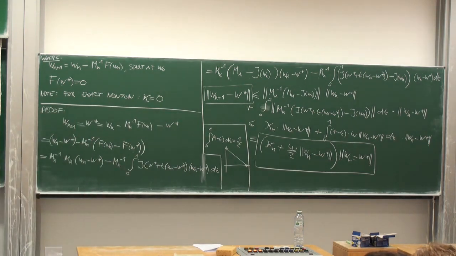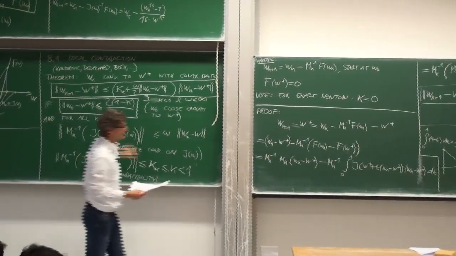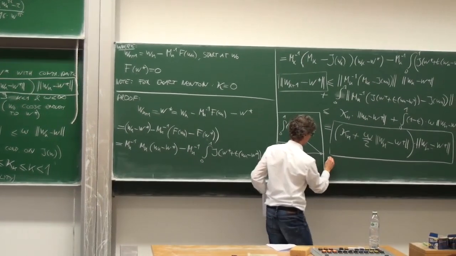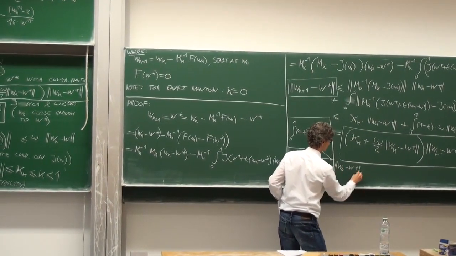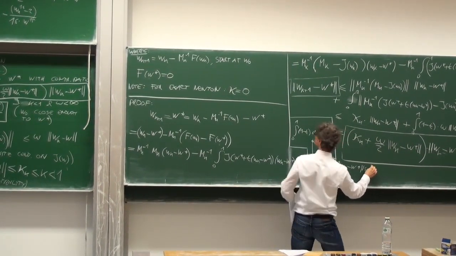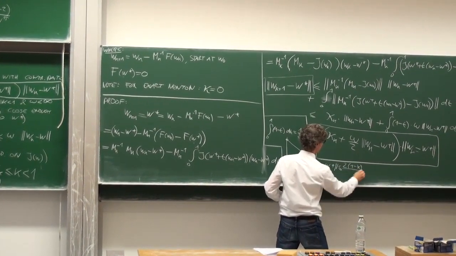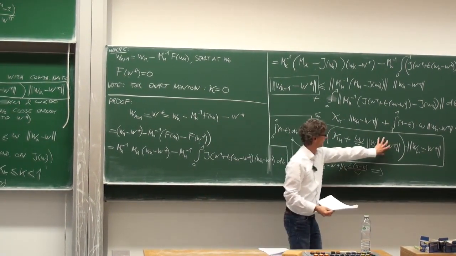What we need is, if we start close enough, this is exactly smaller. So if our W0 minus W star is smaller than this quantity, let me just say, smaller than 2 times 1 minus kappa divided by omega, that will imply, if we plug this in at this first term,